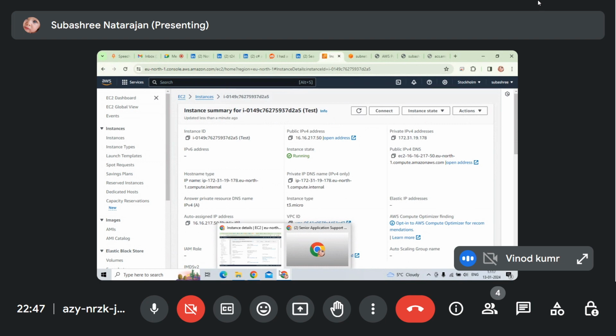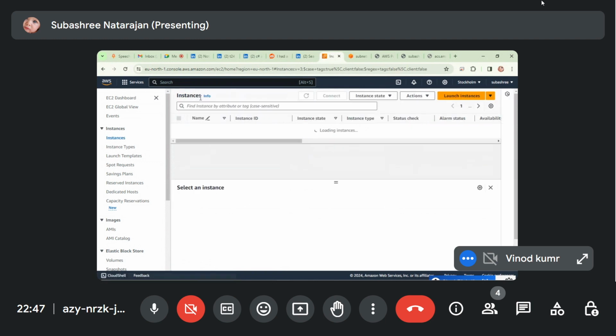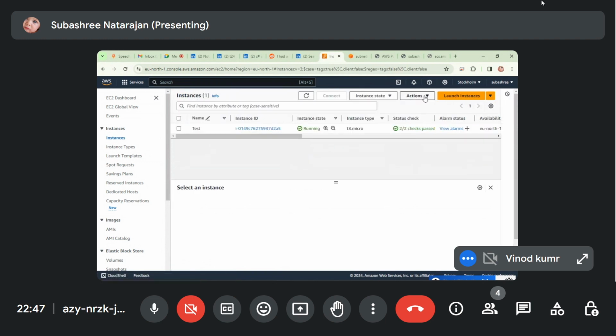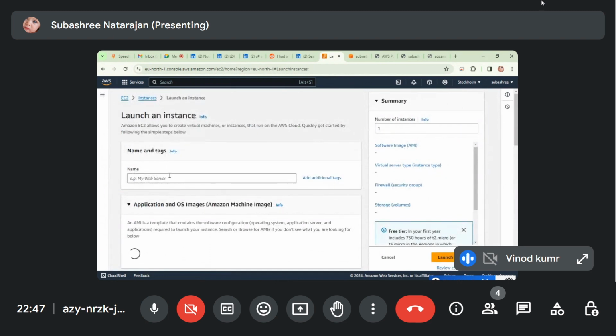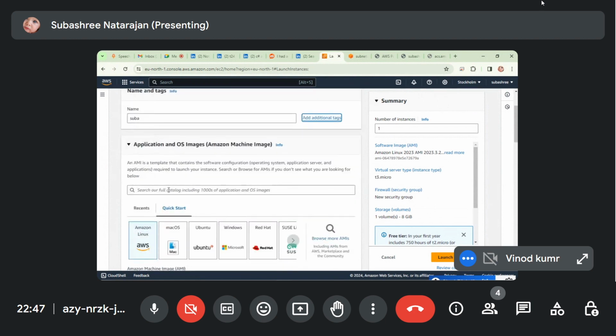Okay, now create a new instance. No, not here. You can go to instances and create. Yes, launch instance. Now provide any server name. Scroll down. This we already know, Amazon Linux is fine.